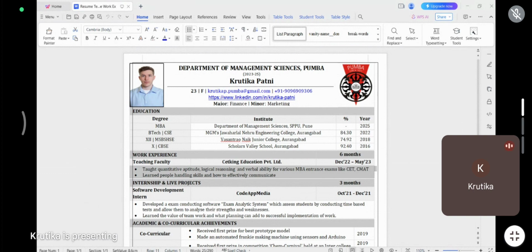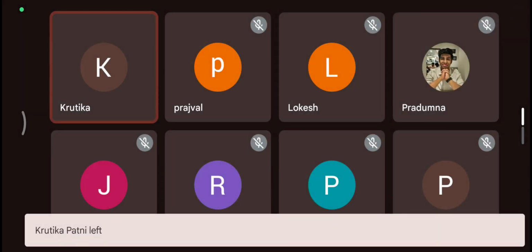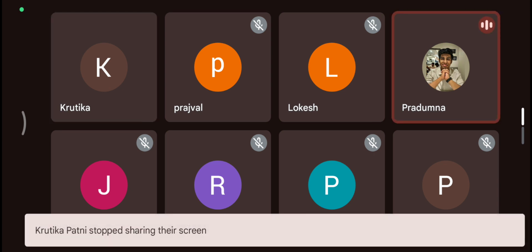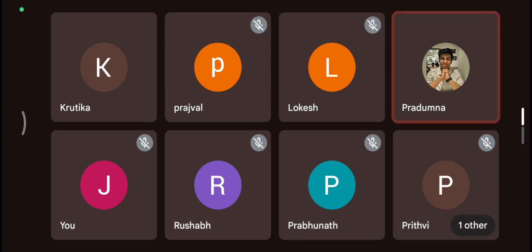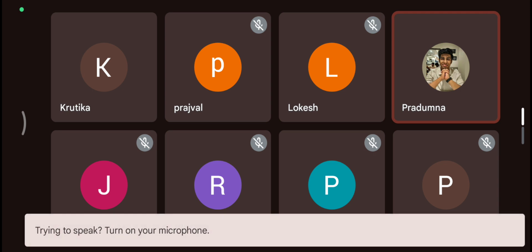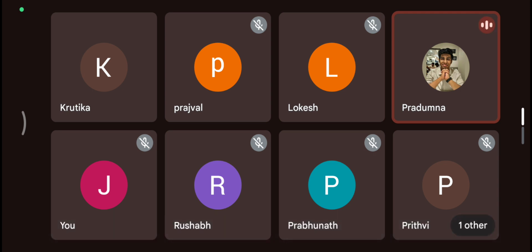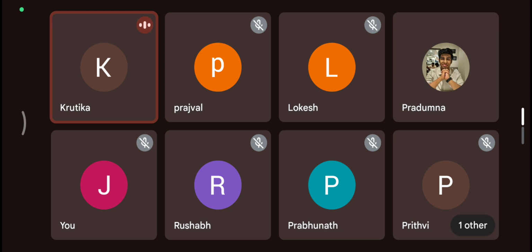Yeah, so any doubts? I just wanted to ask about the photograph. Should it be of the original quality from the photo studio, or can it be the scanned copy of the photo that they give? It should be of the original quality.